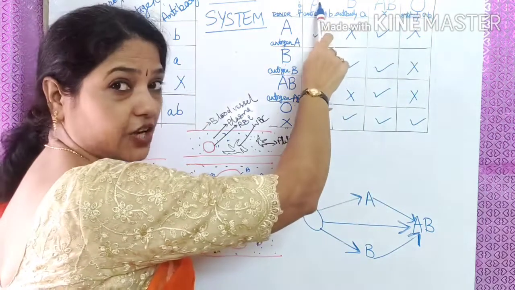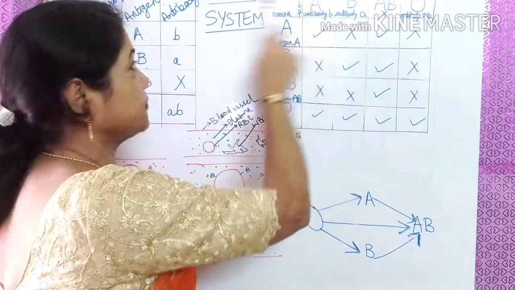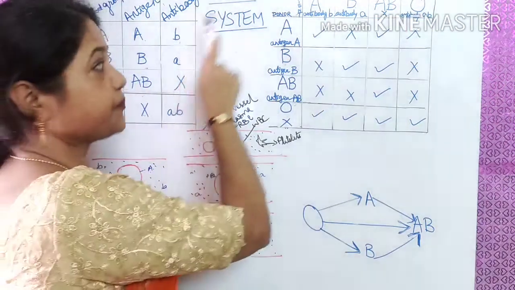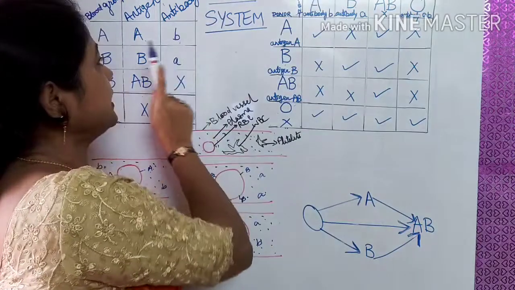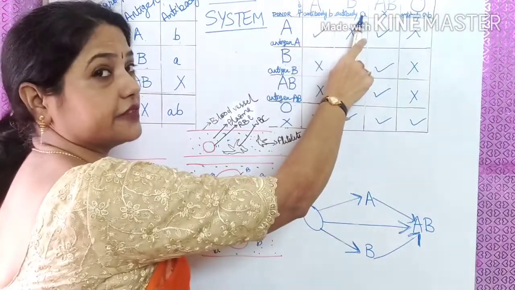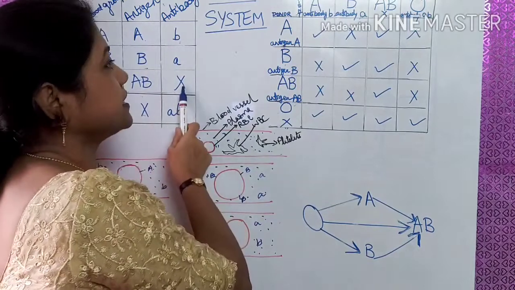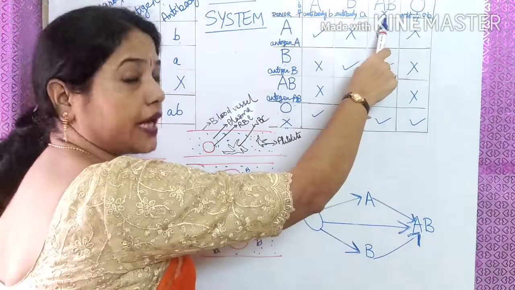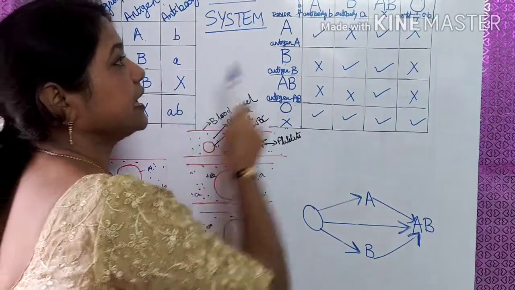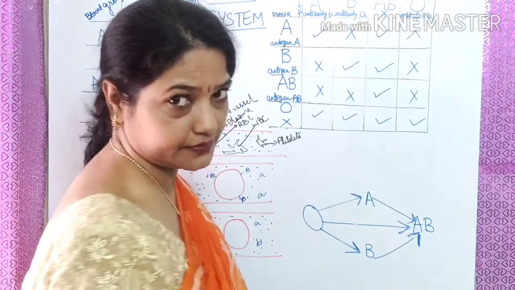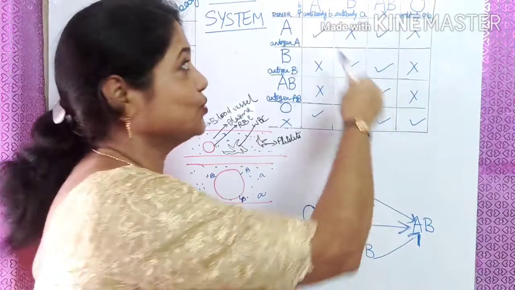When the blood group is A of the recipient, then what will be the antibody present in the recipient? Blood group A means antibody B. When the blood group is B, then what will be the antibody present? Antibody will be A. When blood group is AB, what will be the antibody present? There will be no antibody. And when the blood group is O, what will be the antibody present? Antibody will be AB. Now let us see which blood group, the donor, can give blood to which all of